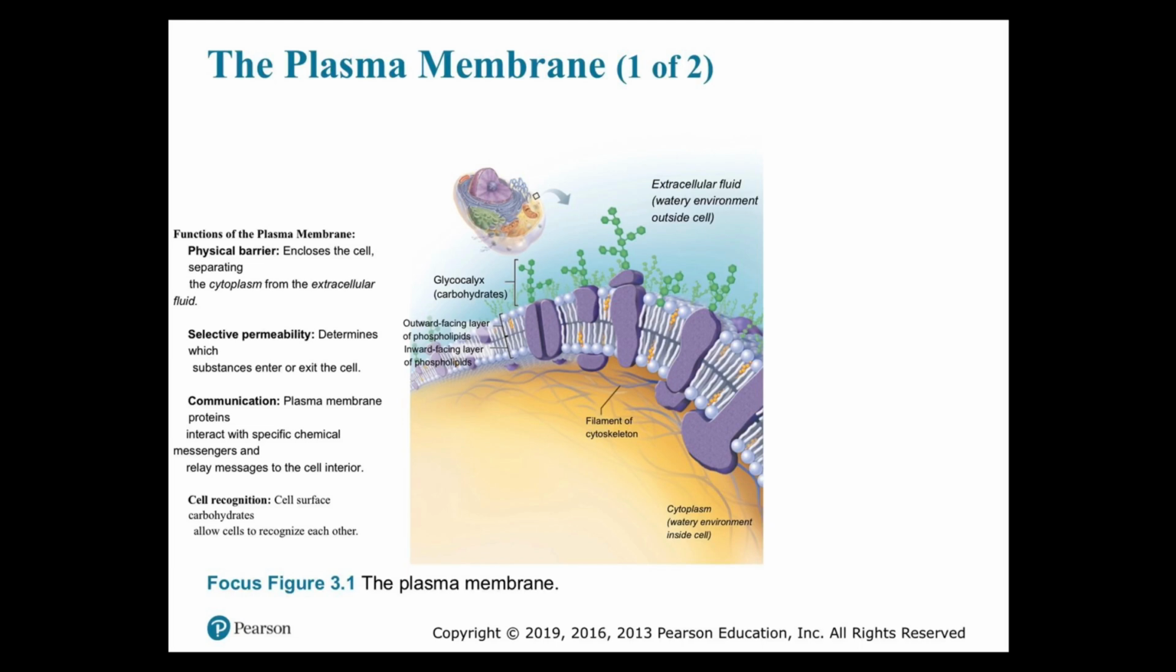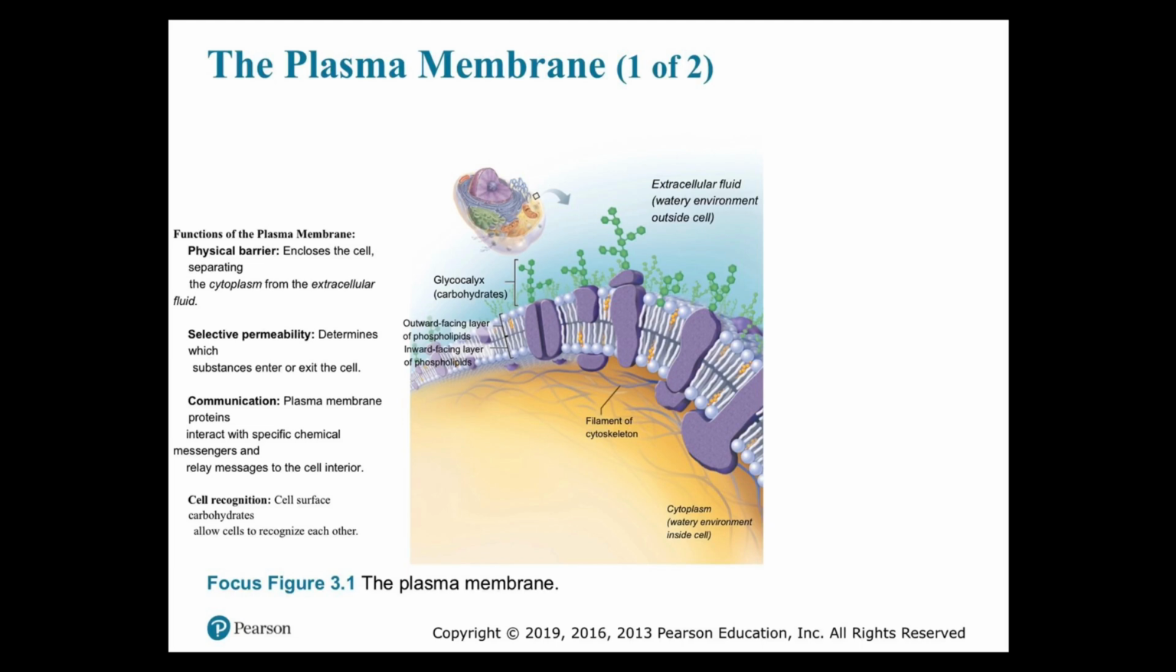Figure 3.1, the plasma membrane. So on the left, the functions of the plasma membrane. So it acts as a physical barrier, separating, we said, the extracellular fluid compartment from the intracellular fluid compartment. It's a selectively permeable membrane because it will allow certain molecules to enter and others to exit. It also acts for communication. So there are plasma membrane proteins that interact with specific chemical messengers and will relay messages to the cell interior,